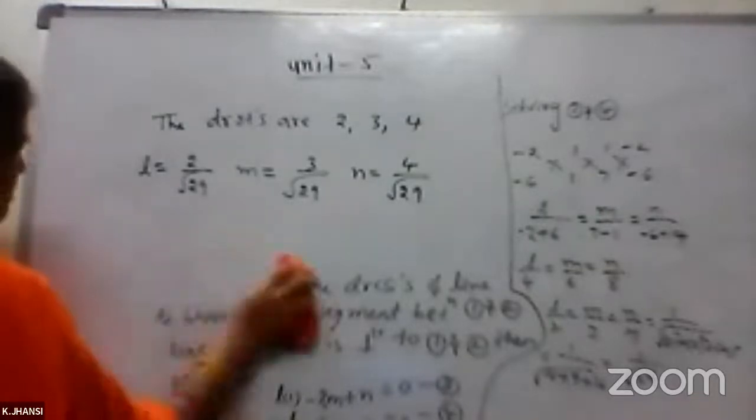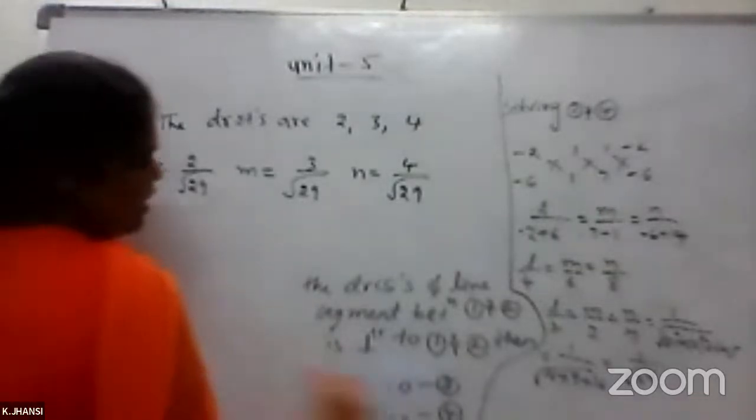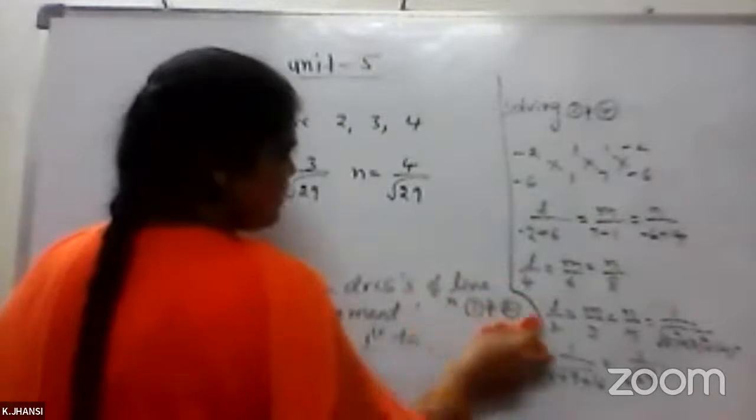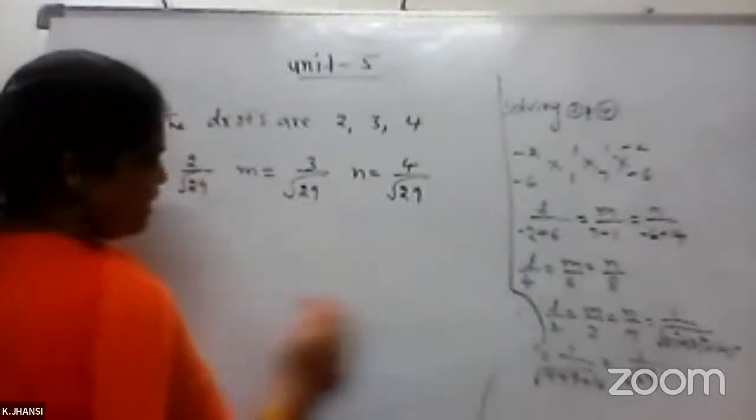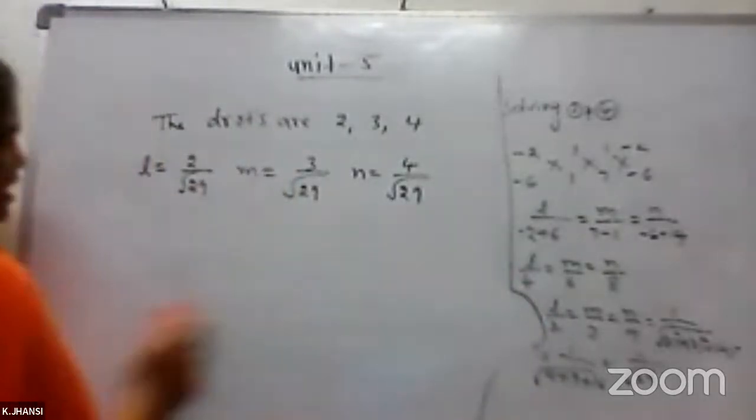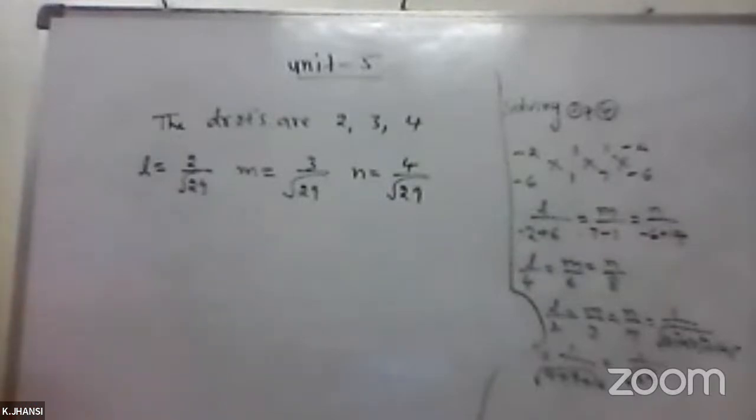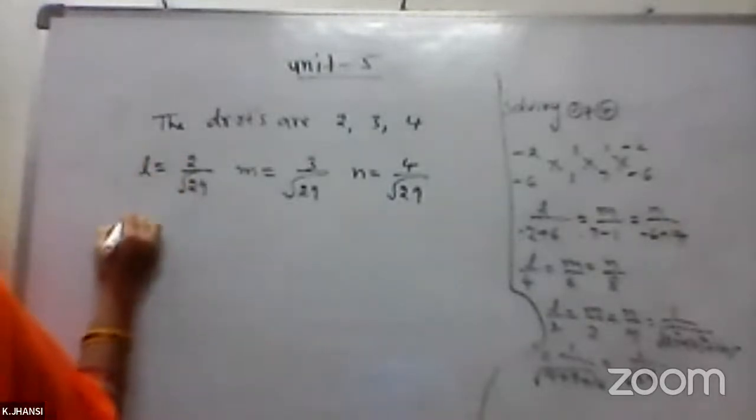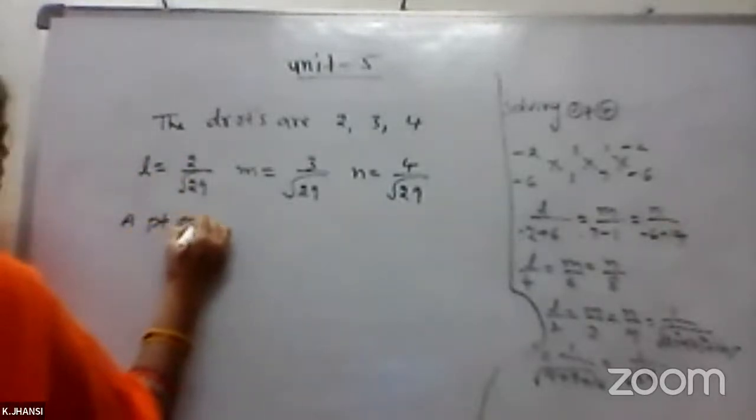So after getting the L, M, N values, you have to take the points here, what are x1, y1, z1 from the given lines. After that, substitute in the formula. Okay. So after this, you write the point. A point on line 1 is